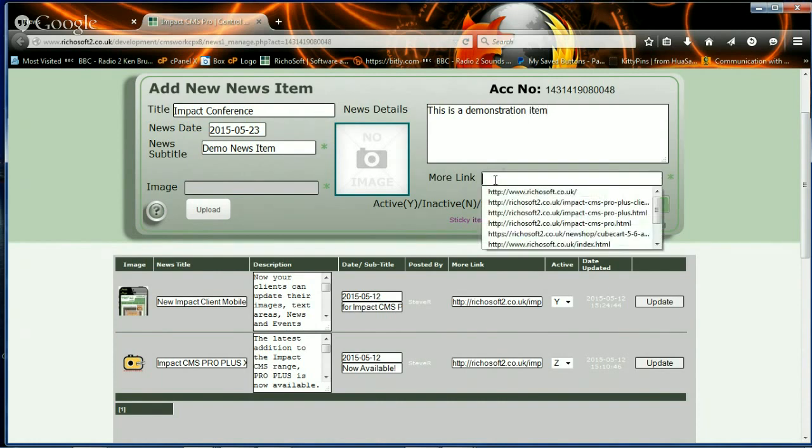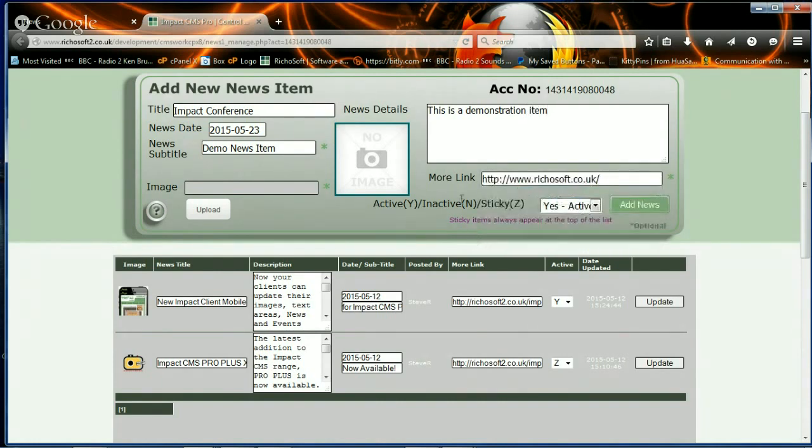The more link they can add if they wish. And here is where they can make it sticky, inactive, or active. If they make it inactive, then it will no longer display. Sticky keeps it at the top. Active means it will display. If they wish to add an image,